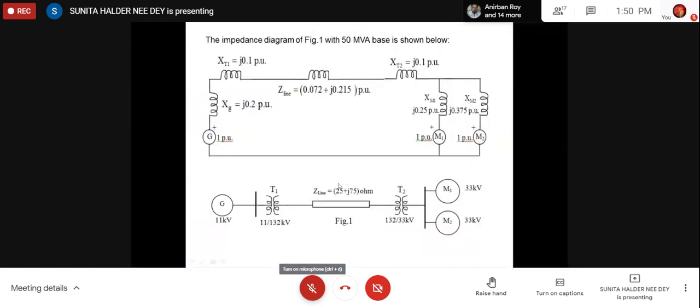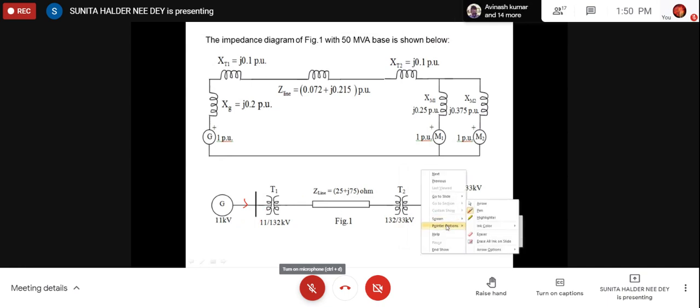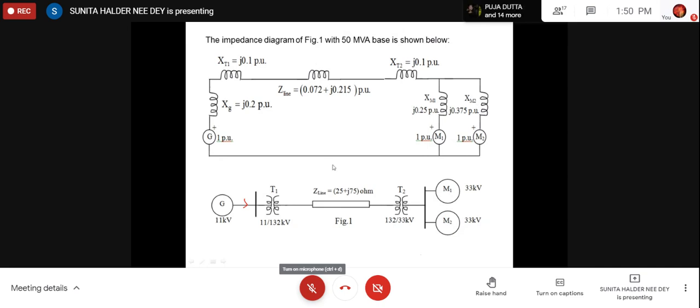Now if we want to calculate current anywhere, say what is the generator current? Then we have no need to bother about all these step up or step down. We just solve this circuit. Easily we can solve. We can find out current here. Same current will be the generator current.